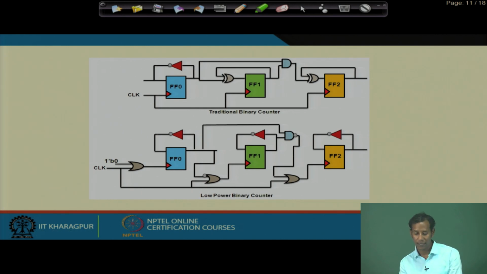Okay. So, here if you see, in the traditional counter I need one inverter, 2 XOR gates and 1 AND gate, but here what do I need? I need 3 inverters, 1 AND gate and 3 OR gates. So, that means I have increased the area, and by putting this clock gating circuit we are also decreasing the speed, but we can achieve an enhancement in terms of power. The traditional binary counter is now converted to a low power binary counter.